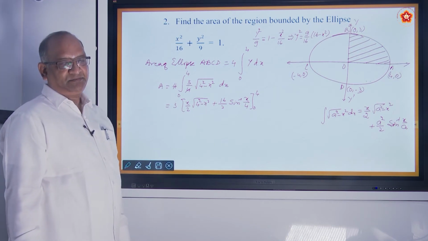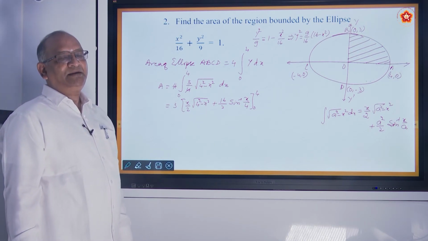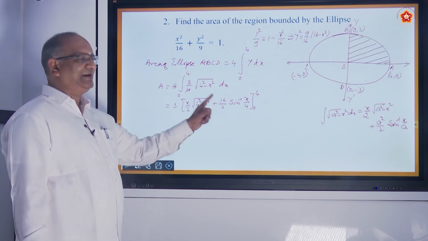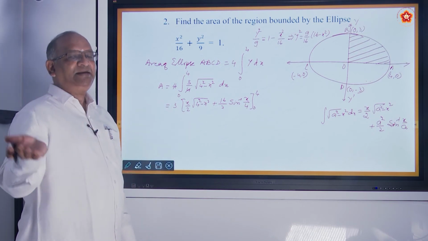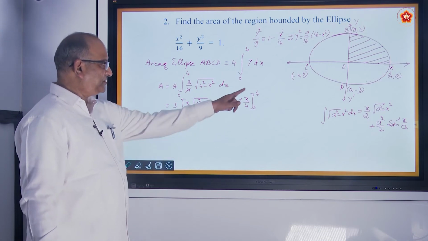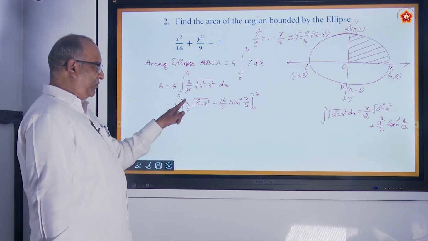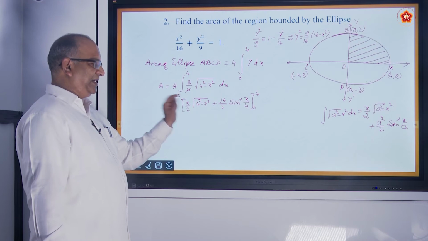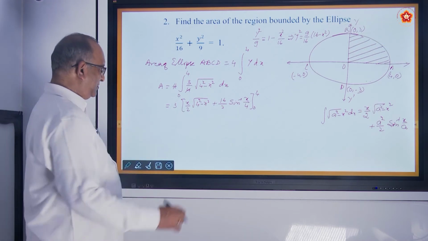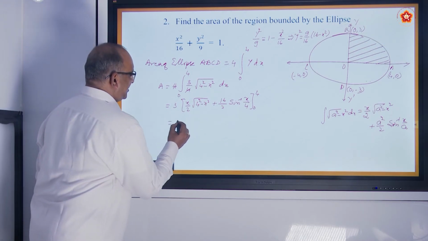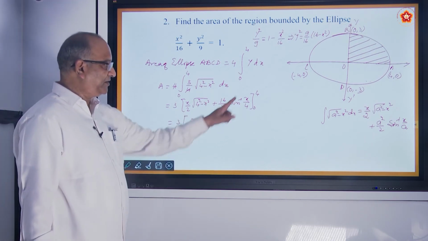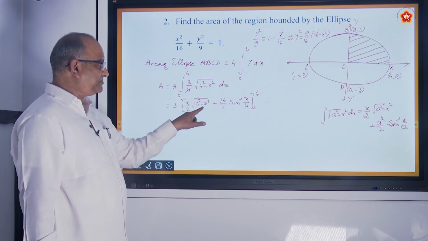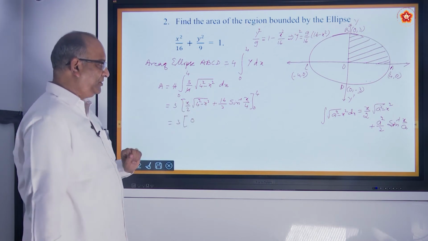Substitute the limits. How do we solve the definite integral problem? After integrating, we have finished the integration. First substitute the upper limit in the whole thing minus the lower limit. So when you substitute 4, what will happen? 4 by 2 is 2, 4 square minus 4 square, it will become 0. So we can say that, let this 3 be outside, the first term will become 0. Why will it become 0? When you substitute 4, this whole thing becomes 0, as a result the whole thing becomes 0.